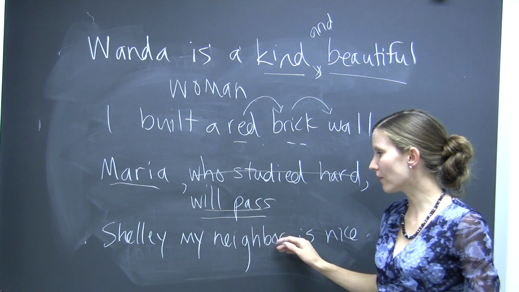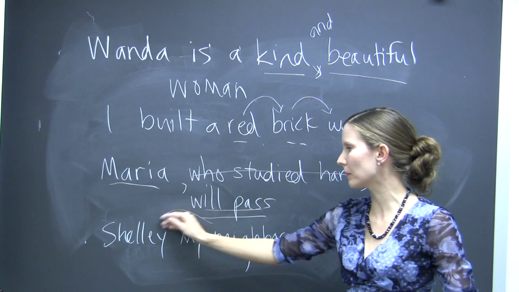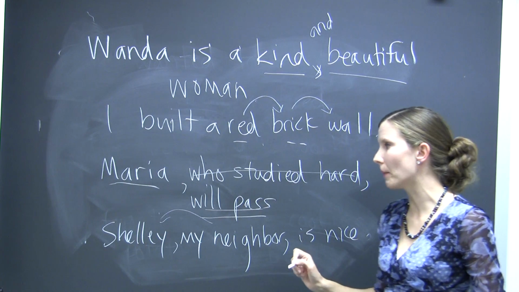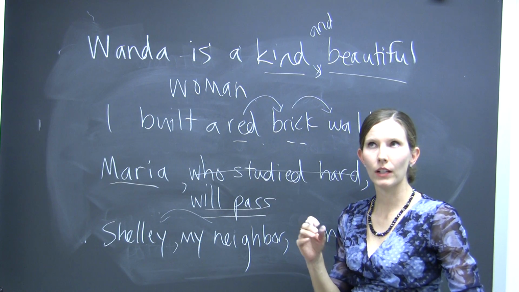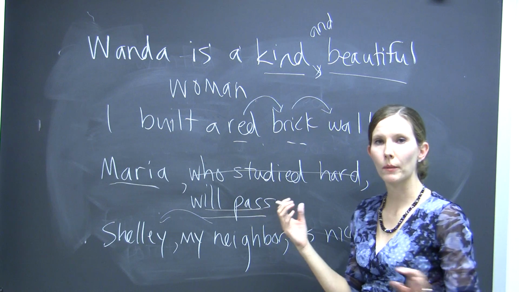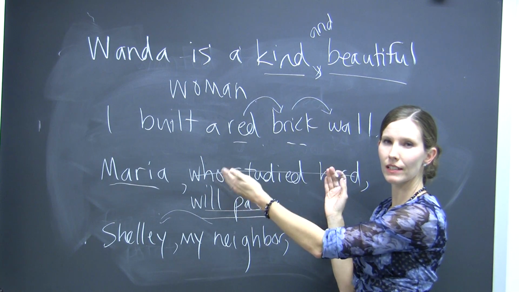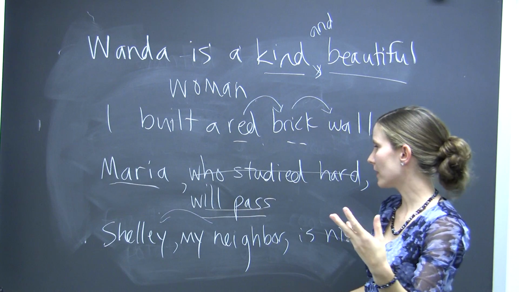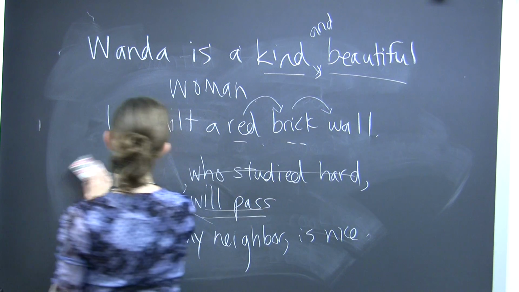This is extra information that's further telling me who Shelley is, so I need to surround it with commas. You want to look at this in one of two ways. You want to make sure that the information really is not necessary for the sentence. So for example, if instead I had